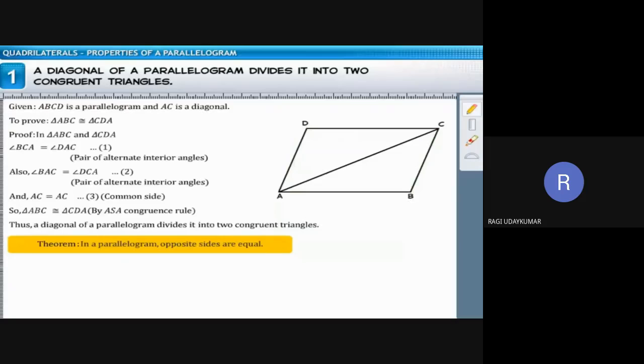AB equal to CD हम लोग कैसे प्रूव कर दिया? पहले ये दोनों कॉन्ग्रुएंट ट्रायंगल्स बोल के, ABC एंड CDA ट्रायंगल्स कॉन्ग्रुएंट बोल के प्रूव करके, then after we are proving AB and CD are equal. So direct to prove this theorem again, AB and CD are equal, you are using, means it's not that correct. समझ में आया? यस सर। आप इसी थ्योरम को यूज करके वो रिजल्ट यूज कर रहे हैं, वो रिजल्ट को ही डायरेक्ट यूज कैसे कर सकते हैं अब।